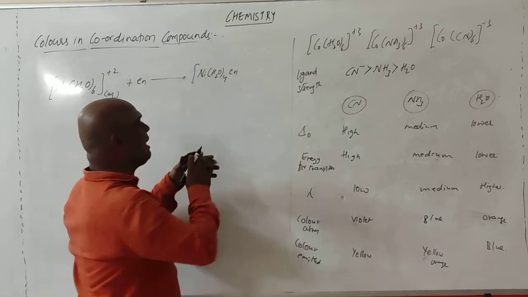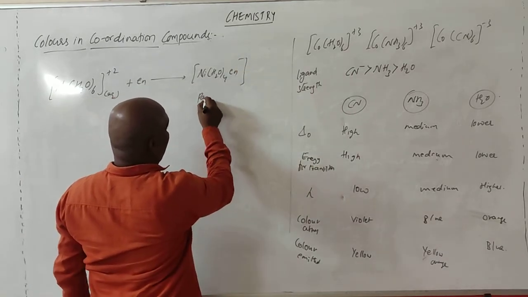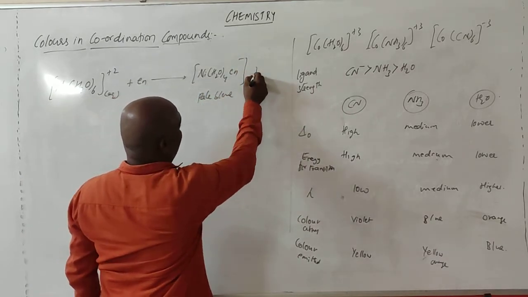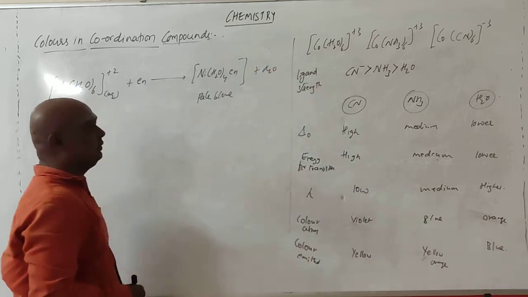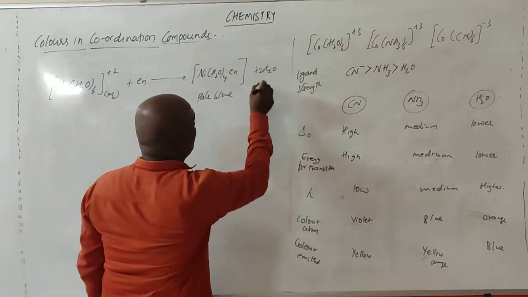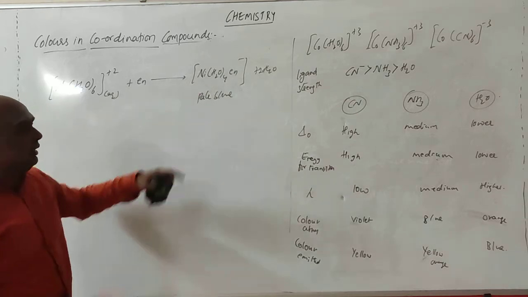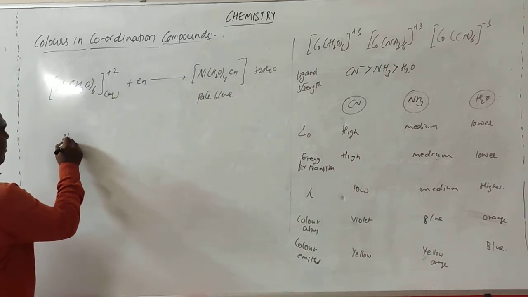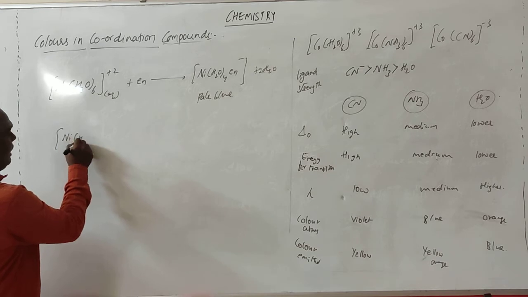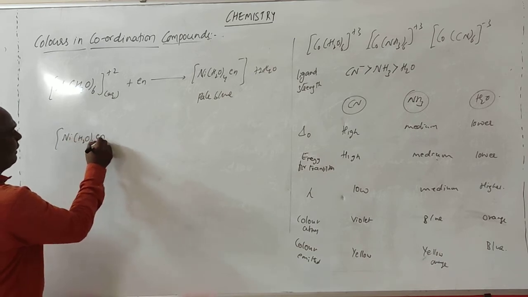So the equation is balanced again. It will be the pale blue color plus what is liberated outside. How many waters come out? 2 waters. Now this one further undergoes reaction, something like [Ni(H2O)4(en)]2+ plus 2.